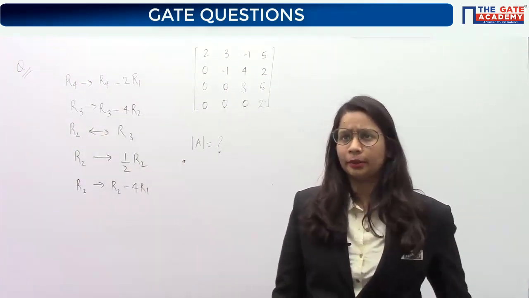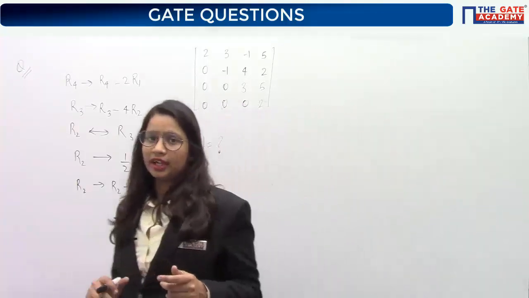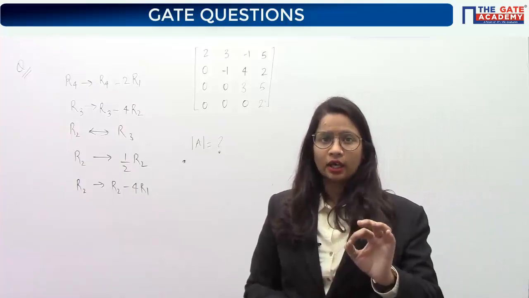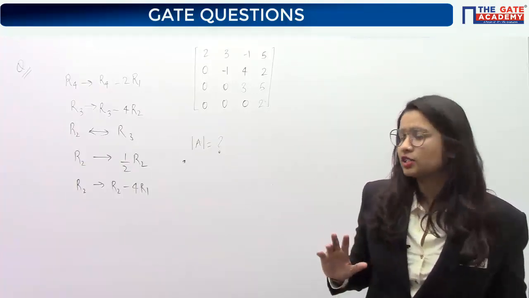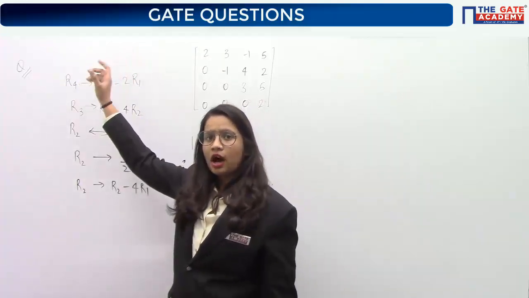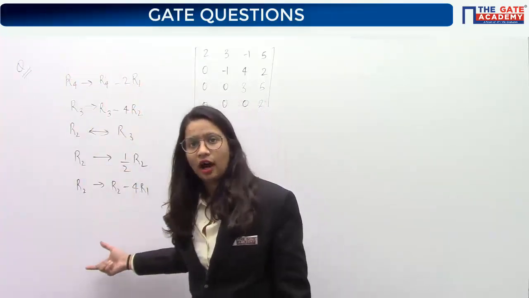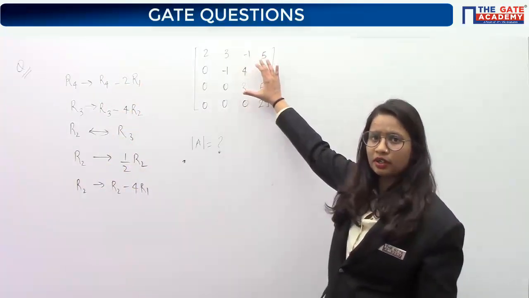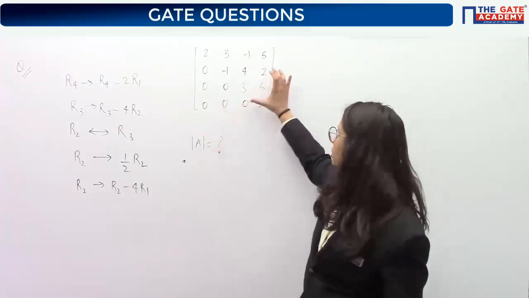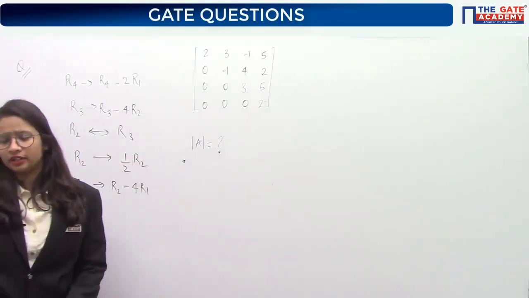No, Udit, it did not abruptly end. I just asked you to note the question and attempt it as an assignment. I see you are answering 12. Again, what was asked was not the determinant of this matrix, but the determinant of the initial matrix. A 4 cross 4 matrix is there, on which these operations are applied, and then it transforms into this matrix. Then what will be the determinant of the initial matrix? Will the determinant of this matrix and this matrix be the same, or different?